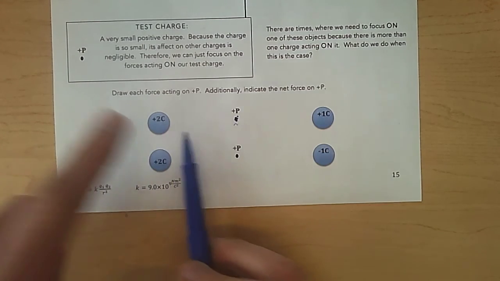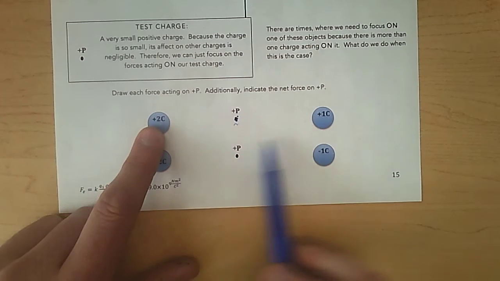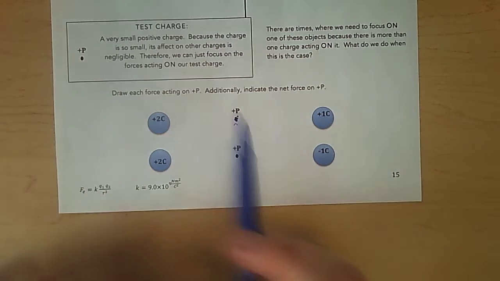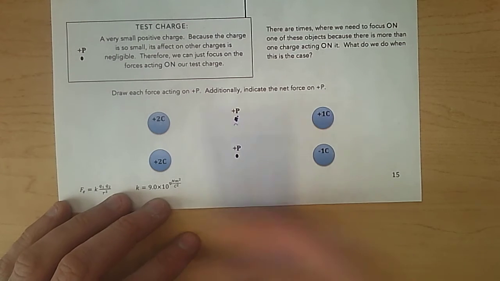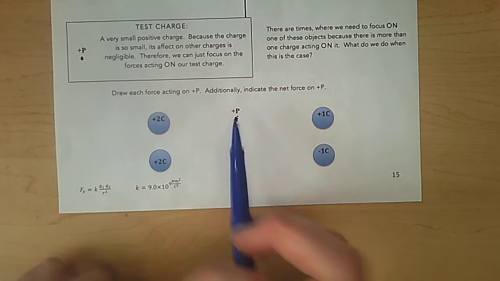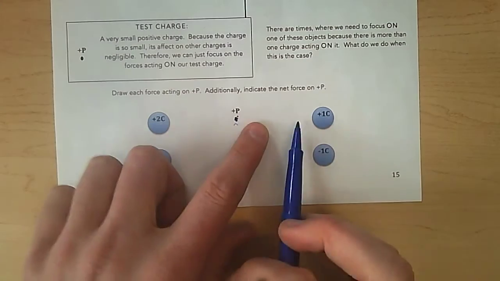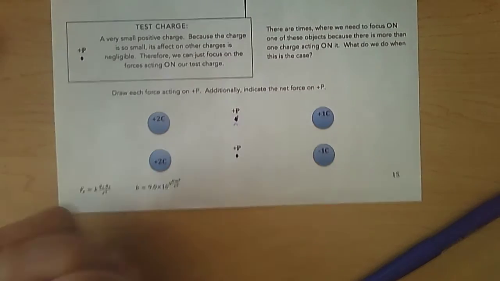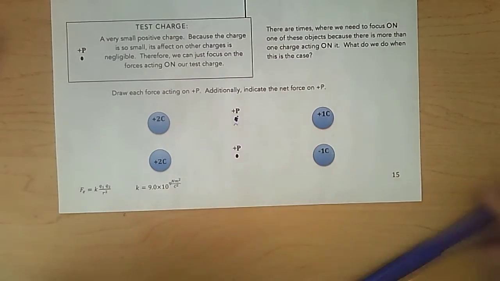So here we have an object that has a charge of 2 coulombs versus an object that has a charge of 1 coulomb. And we're curious how this object is going to move in this area under the influence of my objects right here, right? Like this one, it's being repelled by this object, but it's also being repelled by this object. So what's the net force on that object going to be? All right, to start off these problems, the best thing that you could do is